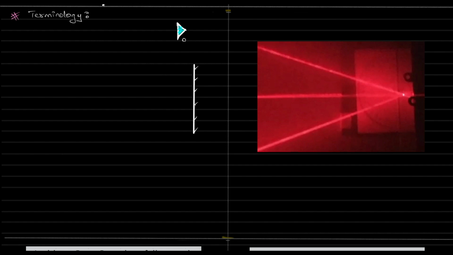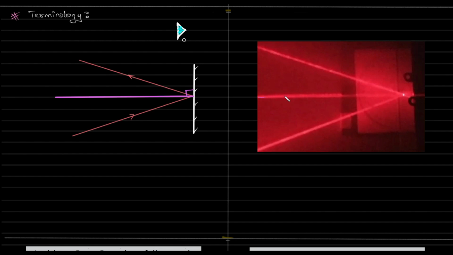So what did we see? I had a laser at one end and I happened to hit a mirror. It bounced off. Is it not? It bounced off. I also happen to have one more laser that is just sitting idle in this manner. Okay, I try to keep it perpendicular to the surface. This is very important. I try to keep it perpendicular to the surface. This is the photo from that video.